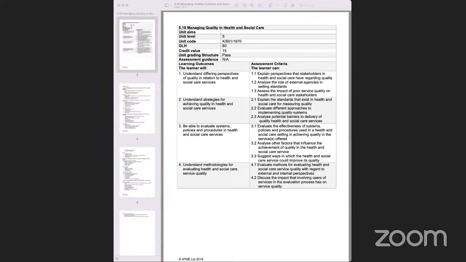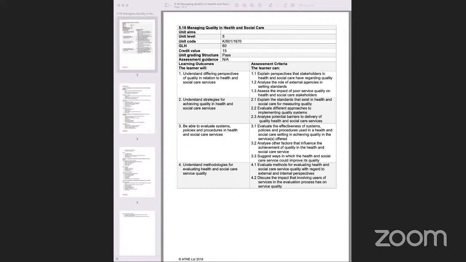Or when we talk about the 6 C's of care, or the person-centered approach, or putting people first as an approach, these are things which have been brought into the policies and procedures within the health and social care sector, and they are implemented within any health and social care setting. And the main aspect of this primarily is to ensure that when these